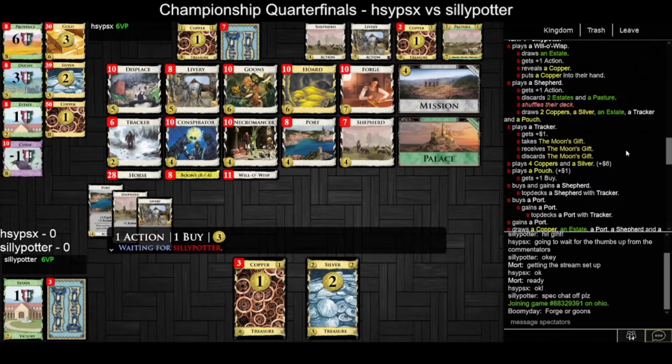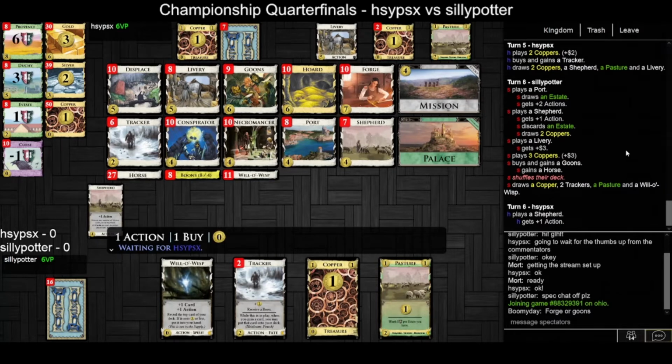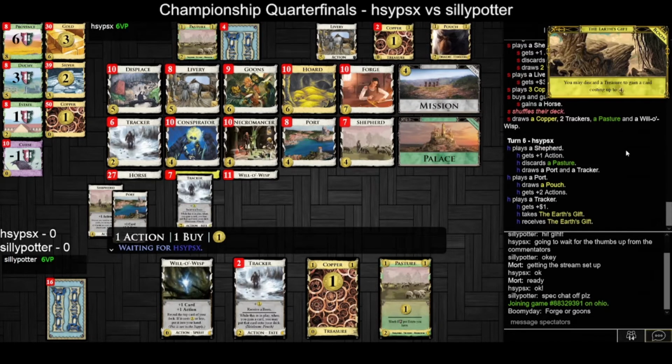Like it's a do it yourself. What's the card, like the 2 cost? Supplies. Oh, supplies, right. DIY supplies with Tracker and Livery. Yeah. Right, so